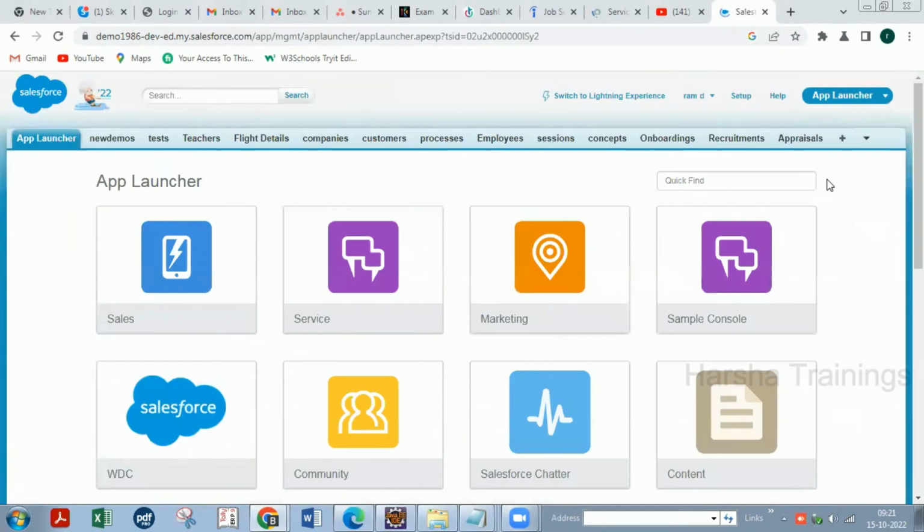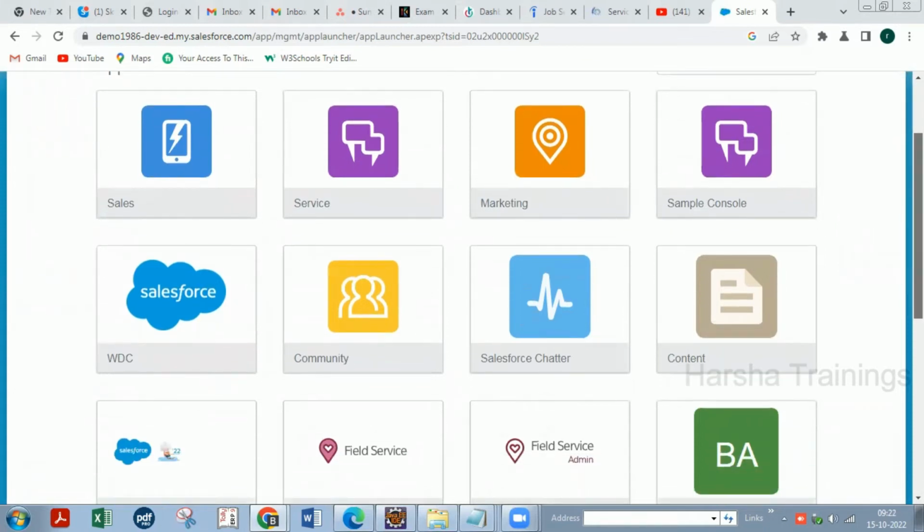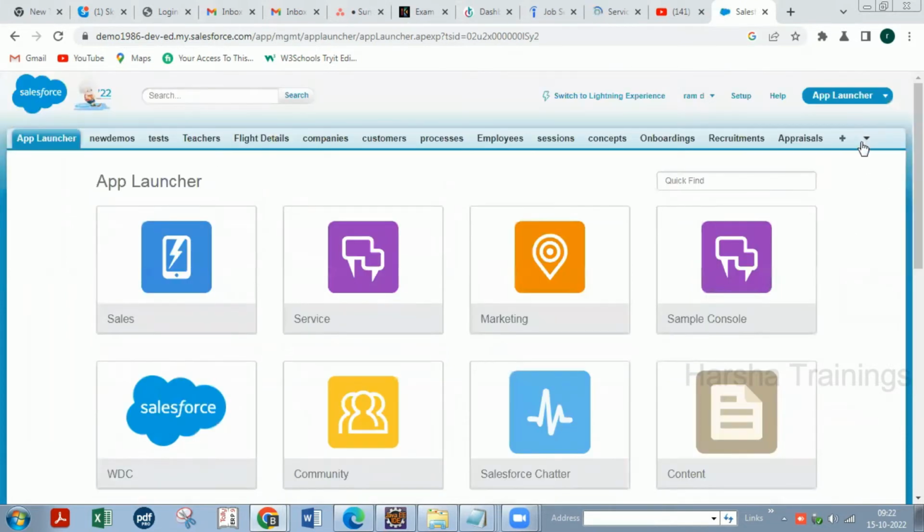There are different types of apps. We have the sales app, service app, marketing app, and other apps. These are the apps provided by Salesforce by default, as I said, since it's a SaaS service. Then if you go through them one by one,